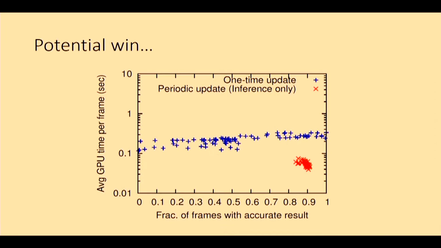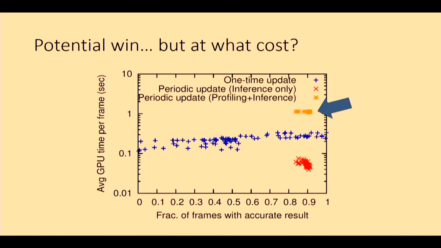The thing that I'm hiding here is the cost of doing the reprofiling, okay? So we ignored that here. If you include that cost, this is what it looks like. So basically, you lose all the gains you get. Okay? Notice that y is a log scale. So the yellow dots show you that, if you're going to periodically reprofile the video at a rate that is good enough, the amount of cost you incur basically negates any potential gains you'll get overall.